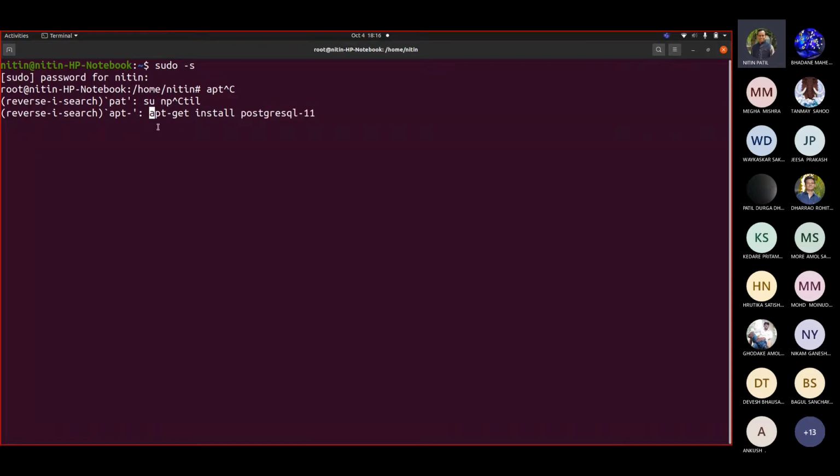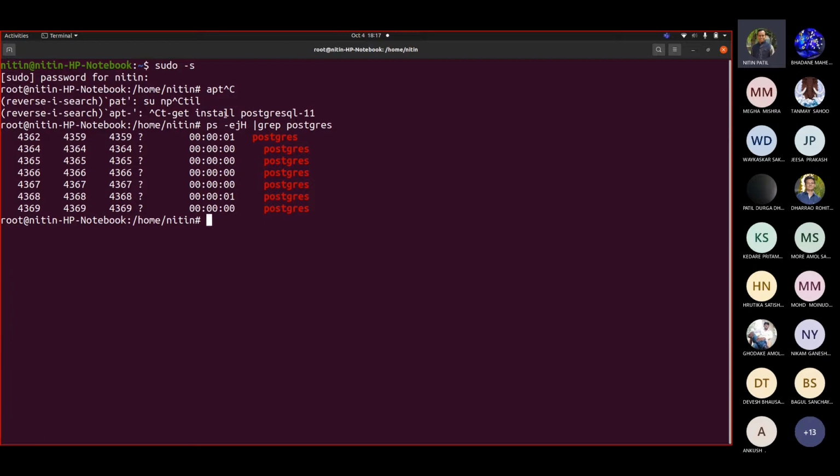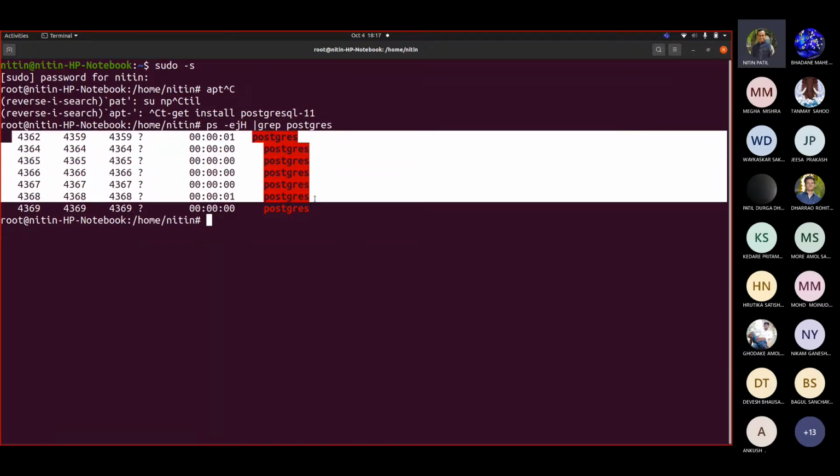When your installation is done, what will automatically happen is that the Postgres server will be installed and the server is started. How exactly do you check it? You write ps -ejH | grep postgres. When you fire this command after installation, you may reboot or you may run updatedb, with the root user only. After that, when you really install it and the server gets started, you should see this kind of tree.